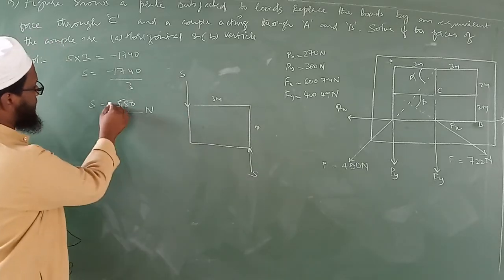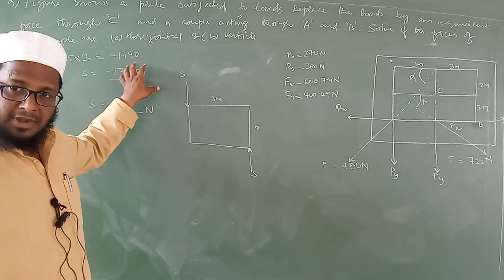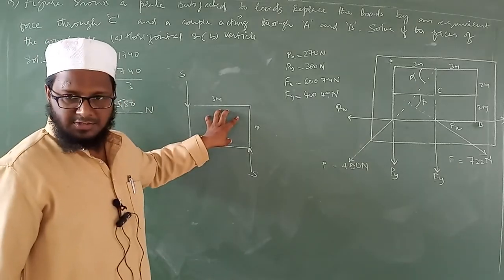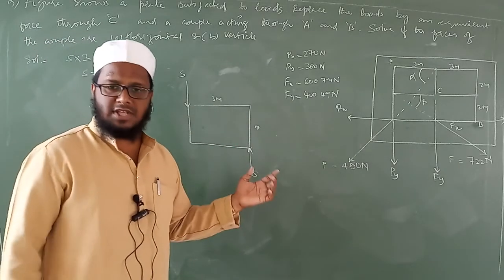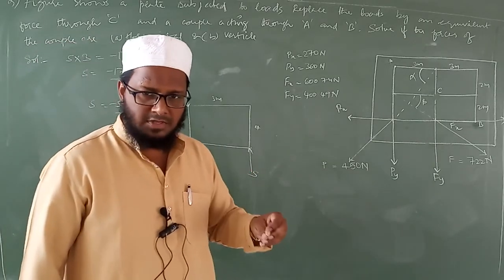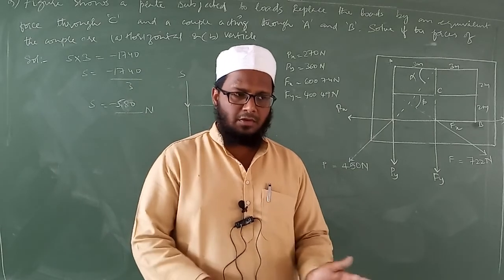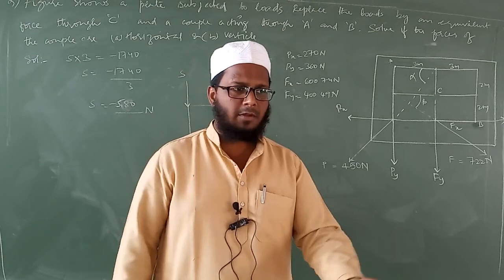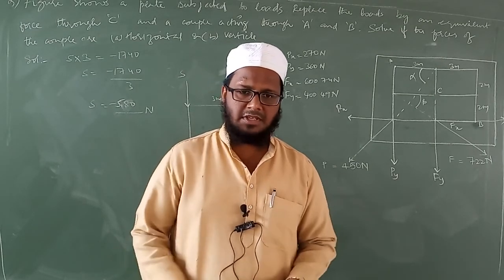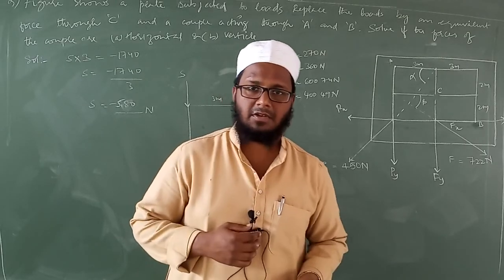Yeah, this one minus 580. See, we got this minus 1740. So depending upon this value, whether it is positive or negative, we have to apply these forces. Then we have to calculate the final force acting over here. We'll take a few more problems one by one so that you will understand what is actually happening in couple. This is the first problem. In the upcoming classes we'll be taking a few more problems which are somewhat different from this type, and hopefully you will understand the entire concept of couple. Okay. Thank you.